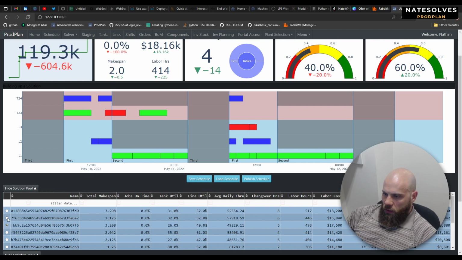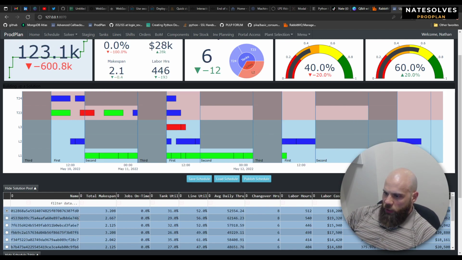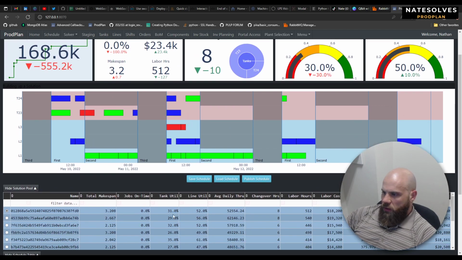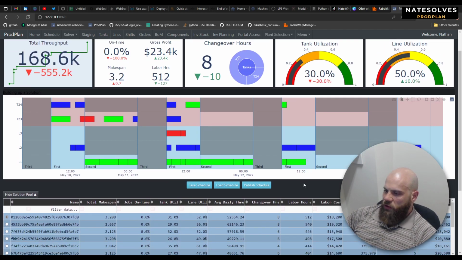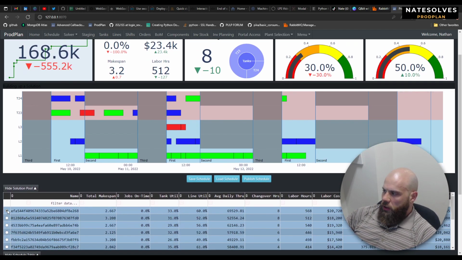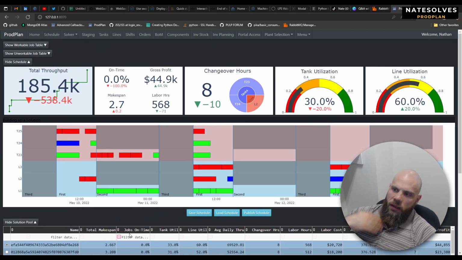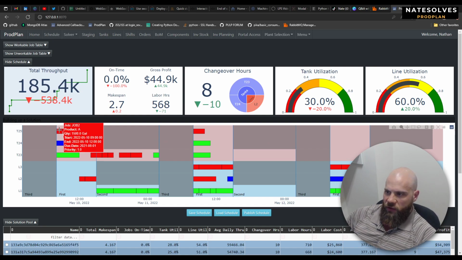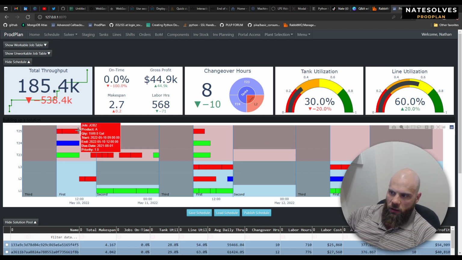So each time we click on one of these schedules, the Gantt chart updates showing information about the schedule, and KPIs, key performance indicators, about that schedule. So we have tanks at the top here in the red, and then below that are the lines. The colors are consistent across a product group, so all the red is product A, all the blue is product